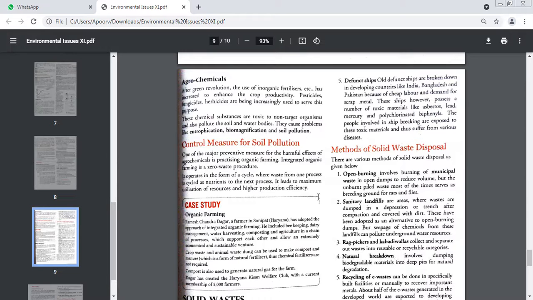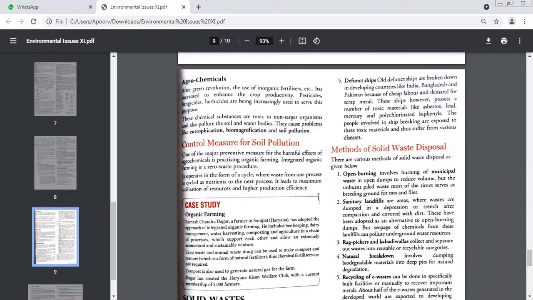What is fly ash? Oxides of iron, silica, and aluminum. Good. So hospital waste is done. And what is the 5th category we have? Defunct ships. Mainly which 3 countries do we have this problem of toxicity, people getting affected by defunct ships? India, Bangladesh, and Pakistan. Which are the most toxic materials involved in ship making, which rag pickers mainly get affected by?